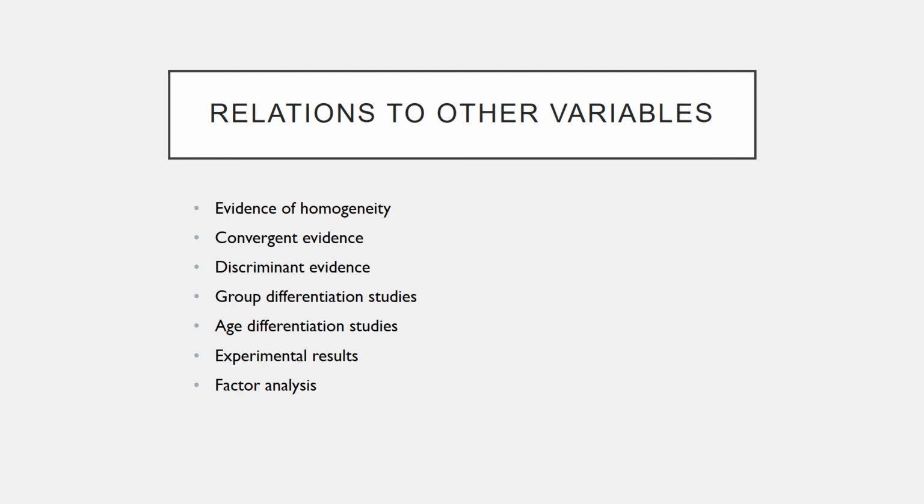So we want to see a low correlation with things that it's not measuring, right? So there should be a low correlation between the way that the score on my depression inventory changes when we look at the way that scores on an intelligence test changes, right? So they shouldn't have a relationship with each other, but we want to make sure that they don't. So we're not accidentally measuring something that we are not intending to measure. So then we would just look at also differences that might happen based on different types of groups, as we've talked about, perhaps the age of individuals taking the test.